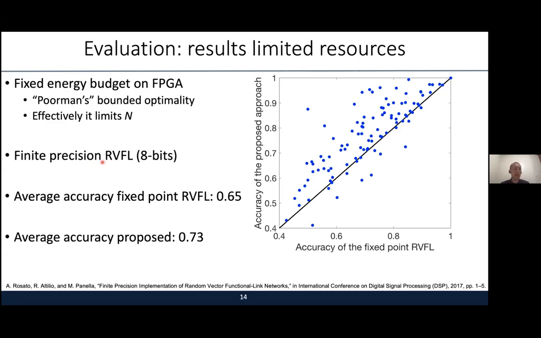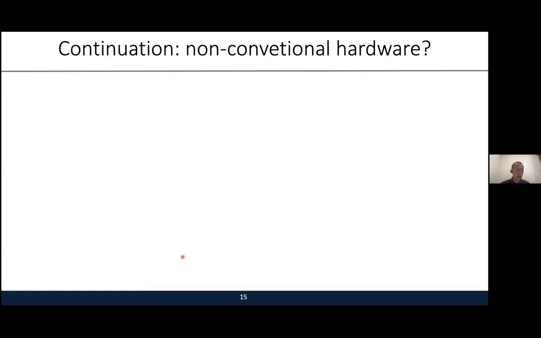So the finite precision RVFL works with 8 bits. So we don't implement full scale floating point operations. And we've seen that for the fixed point RVFL, the average accuracy was only 0.65, while the average accuracy of the proposed approach was 0.73. And I think I'm running out of time, so I have a few more slides, but